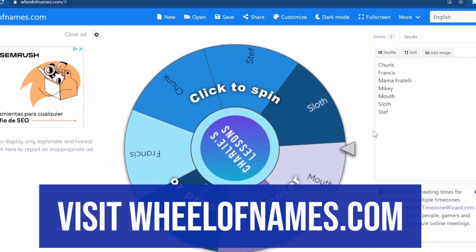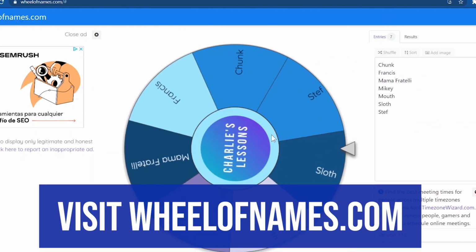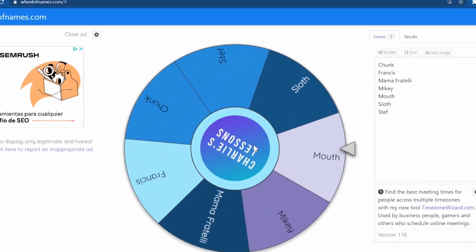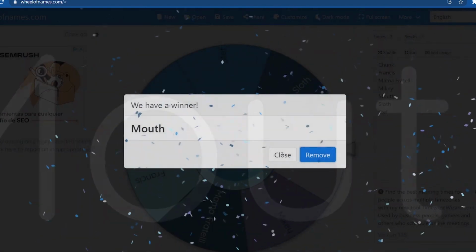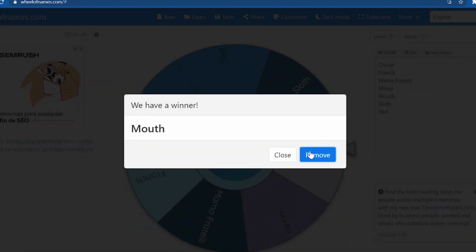We just pop the students' names on the right-hand side, and you press the middle button to spin the wheel. This chooses a student, which you can then either keep on the wheel or remove so that that student is not chosen again. Now, you probably noticed, apart from the fact that I've been teaching the Goonies in my class, that the wheel was very quick. So I'm going to show you how you customize that and other things now.